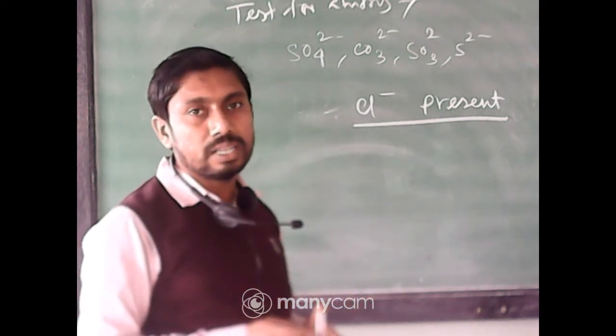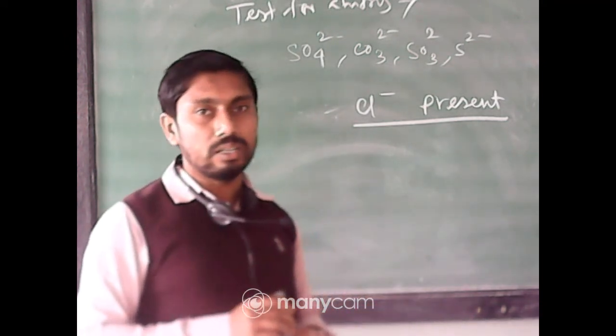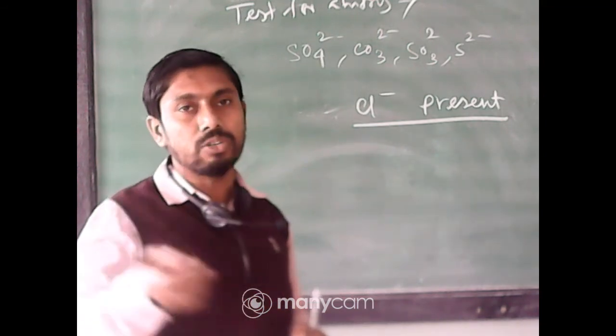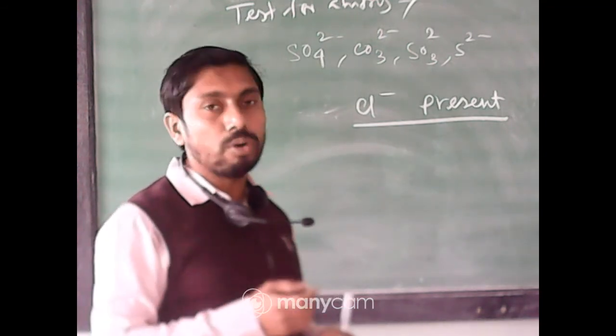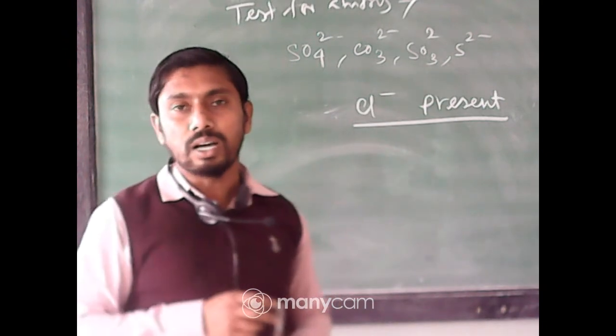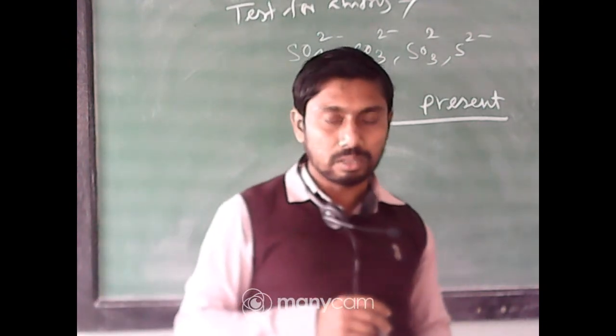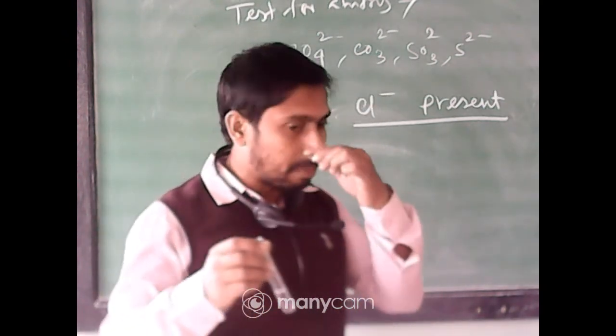Suppose phosphate is an interfering radical. This is included in your syllabus also, but it is not given to you because it becomes more difficult to detect the cations or anions present. Okay, so next we move to the systematic group analysis.